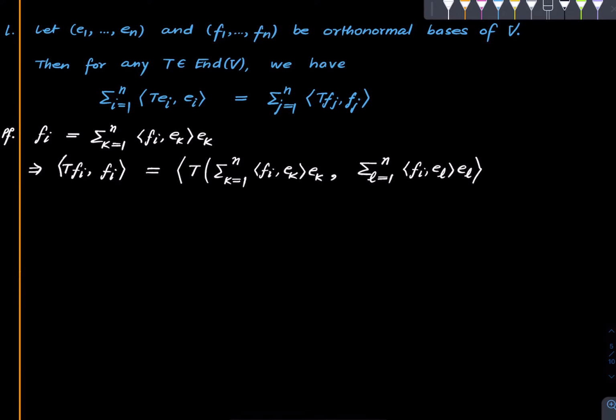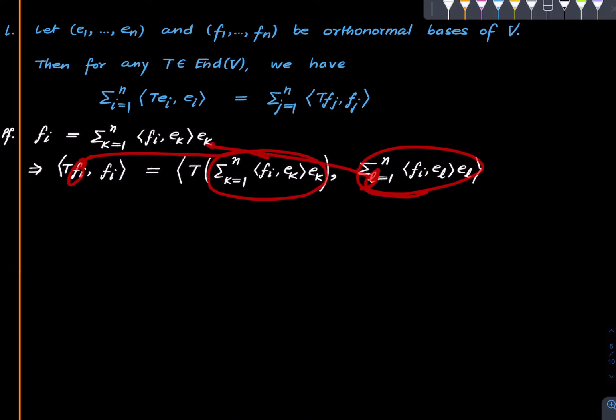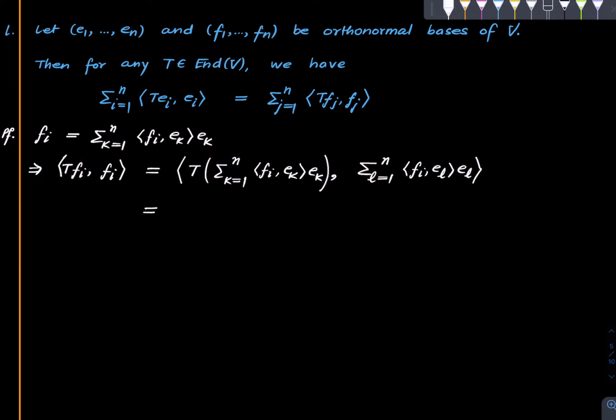right. So something is wrong. Bracket is missing. This bracket should be here. Yeah. So all we did was fi is equal to that thing, and fi is equal to that thing also. All we have done is change the index from k to l. That's all. Okay. So now we can pull out the summations